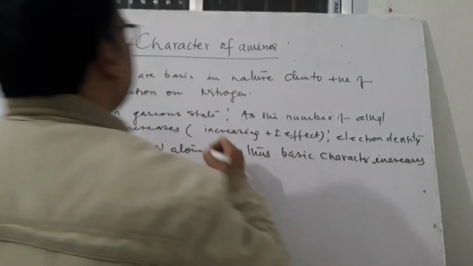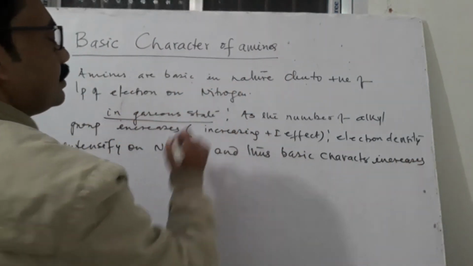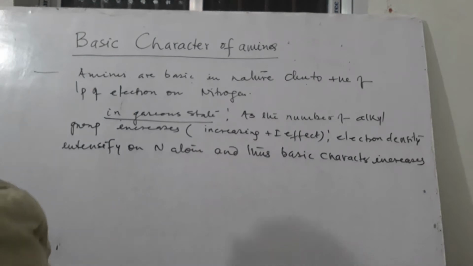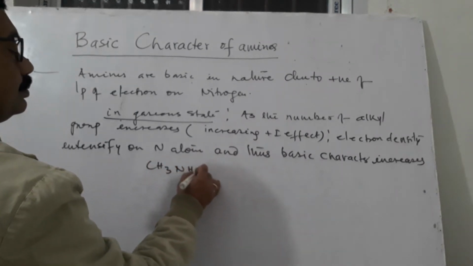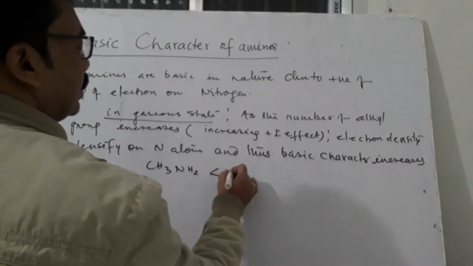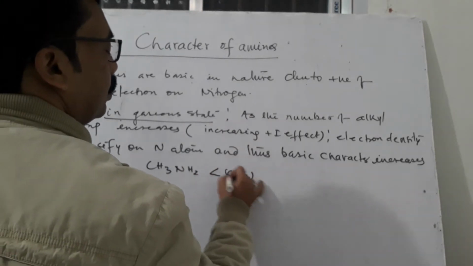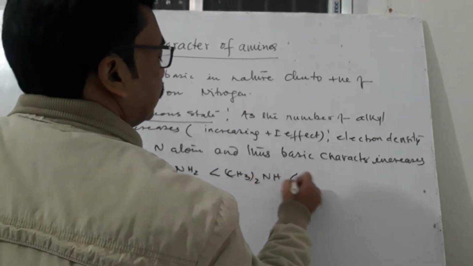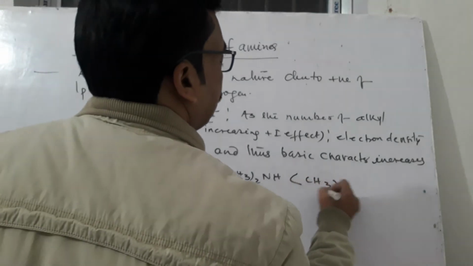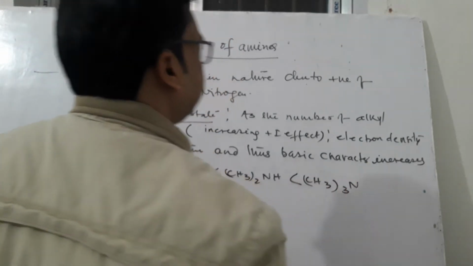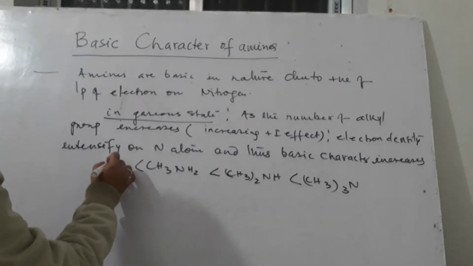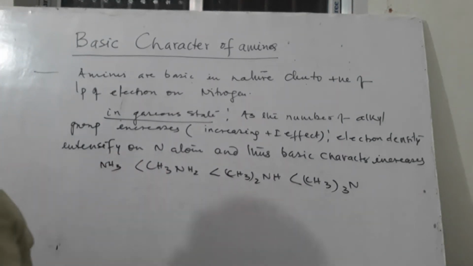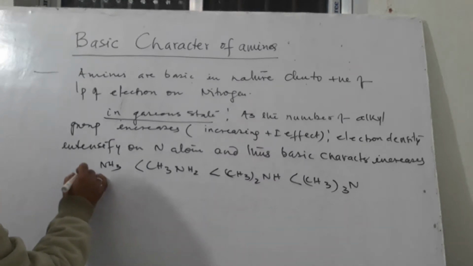But this is only valid in the gaseous state. In the gaseous state, which will be more basic than CH3NH2? (CH3)2NH, then (CH3)3N, and least will be ammonia. But in the aqueous state,